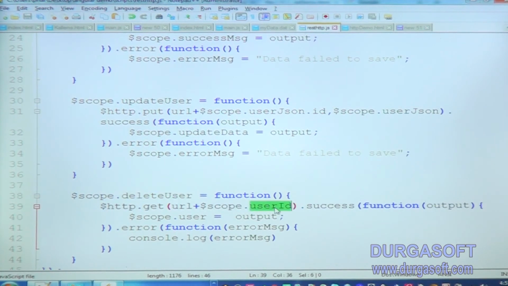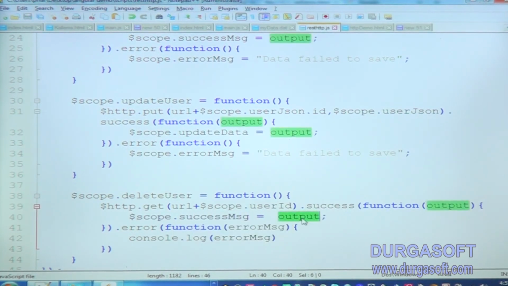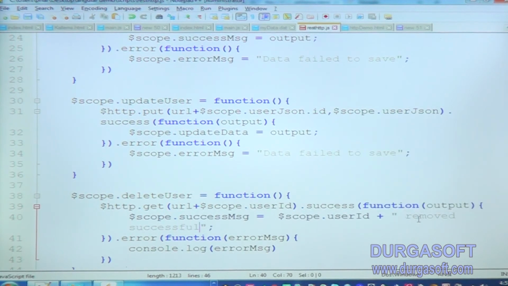So $scope.userid, if it is success, message equal to, I am printing a proper message: $scope.userid removed successfully.